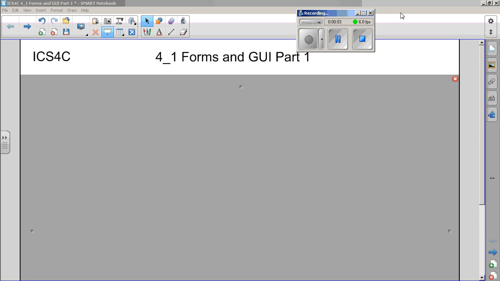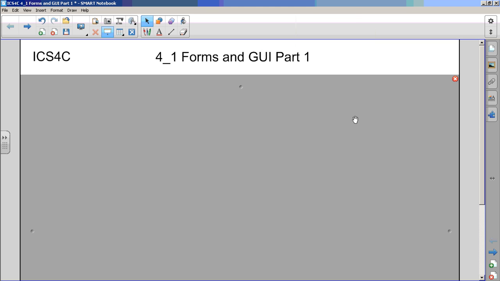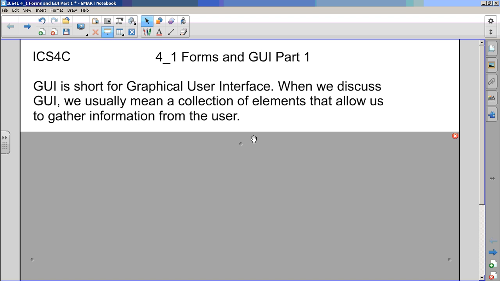ICS4C, lesson 4.1. Start of the end. This is our first lesson on our last unit, Unit 4, which is on GUI. GUI stands for Graphical User Interface. And when we discuss GUI, we generally mean a collection of elements that allow us to gather information from the